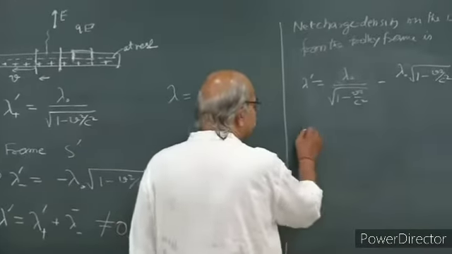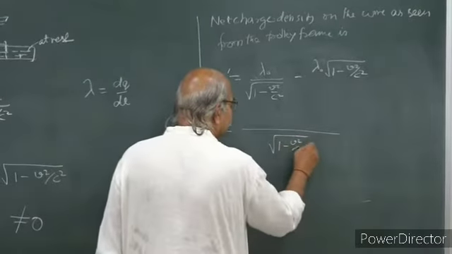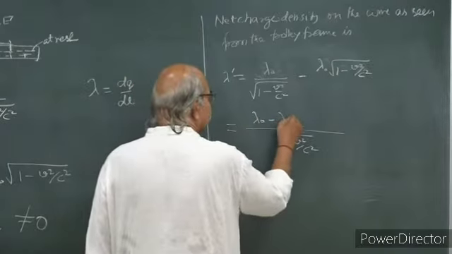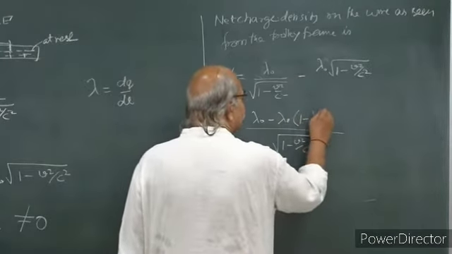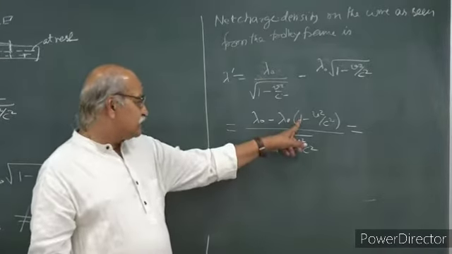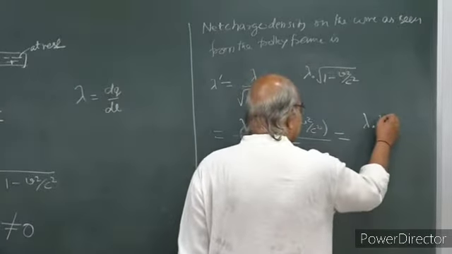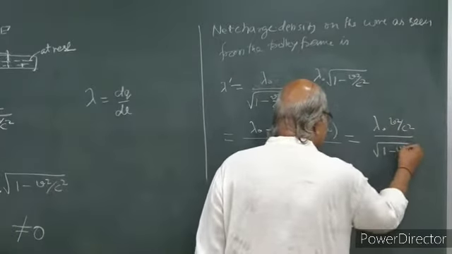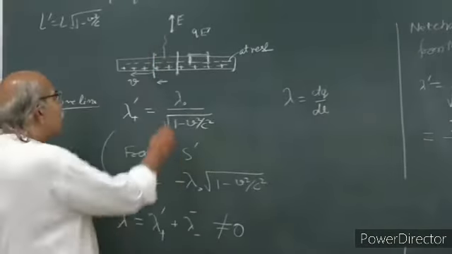Now, if you simplify this expression, you take 1 minus v square by c square in the denominator, this is lambda naught here, then minus lambda naught into this, that is 1 minus v square by c square. And how much is that? This lambda naught cancels with this minus lambda naught, and you are left with lambda naught v square by c square, divided by square root of 1 minus v square by c square. So, this is the positive charge density here. So, at distance r,